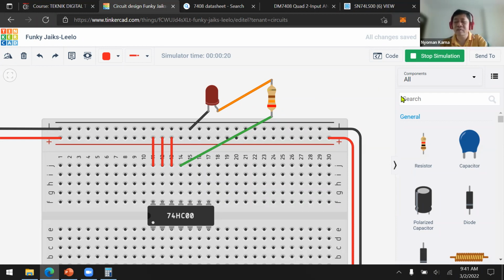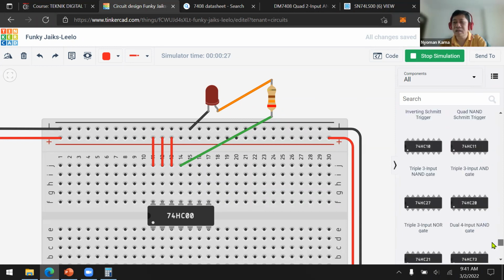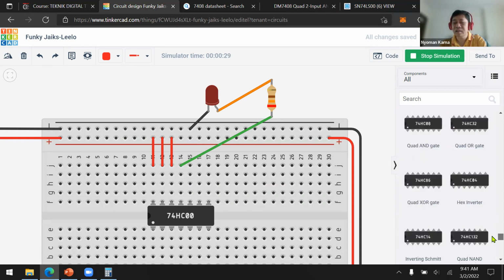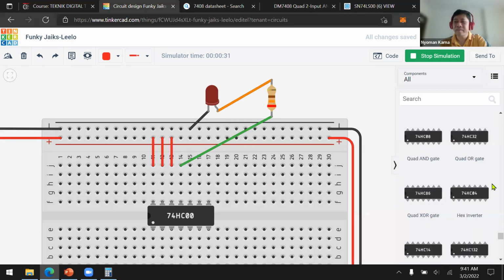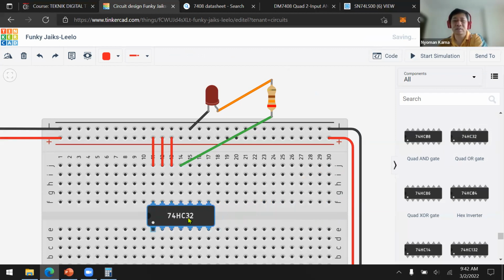Now let's try another one, maybe an OR gate. Let's move this one. 7432.